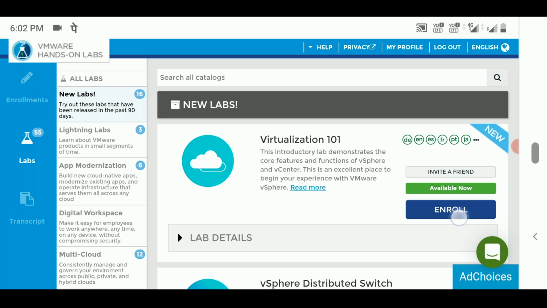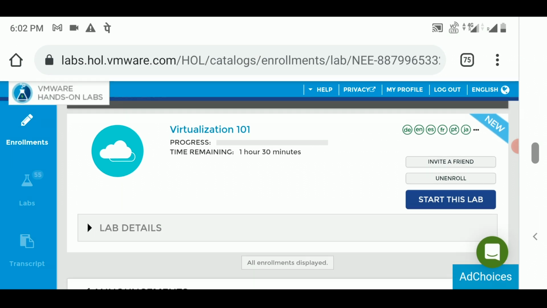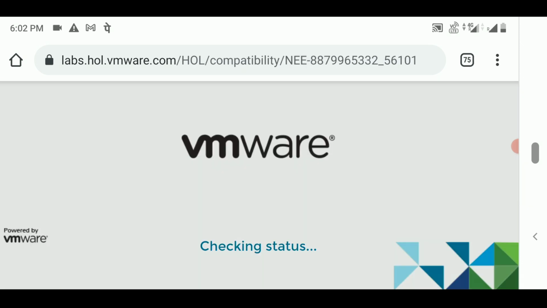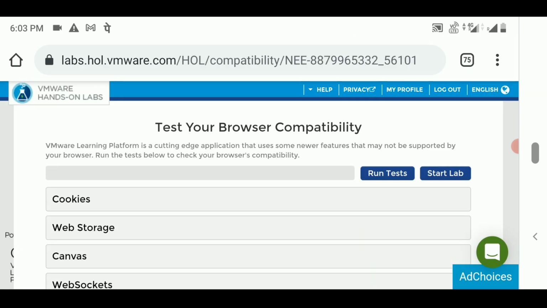Now click on enroll. You can see it's enrolling you into this lab, and after that you will easily be able to turn it on. Okay, so you can see it's taking some time to open. So simply click on start this lab, and it will take some time to turn on the computer and connect you to that computer. Okay, so here you can run some tests, or you can just start the lab directly. So I will click on start lab,